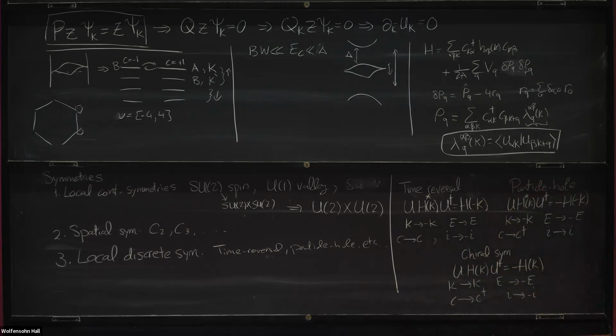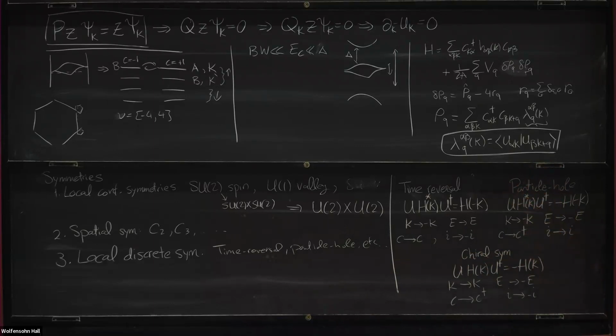Now, in our problem, in the chiral limit, we obviously have a chiral symmetry. But even if we're not in the chiral limit, we also have a chiral symmetry. And that chiral symmetry is obtained by the product of time reversal and particle hole. Now, if I want to impose a restriction on these form factors, it has to come from a symmetry that